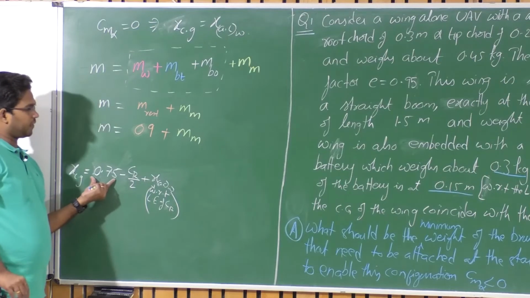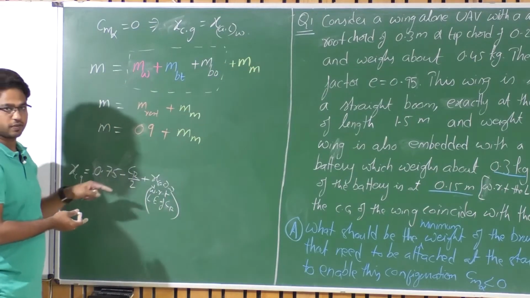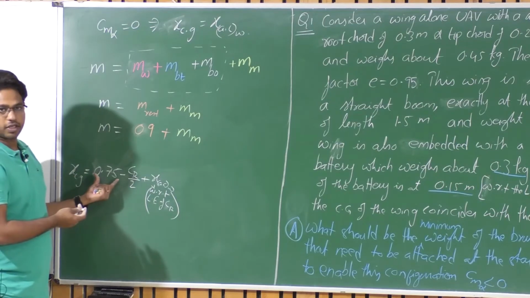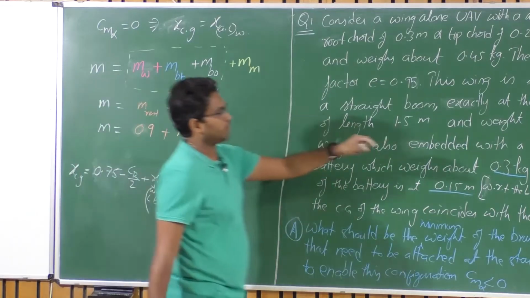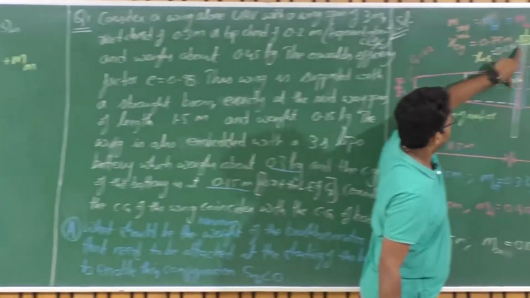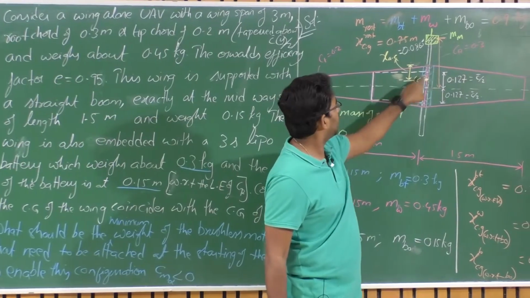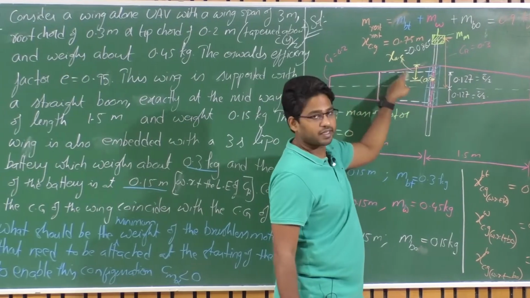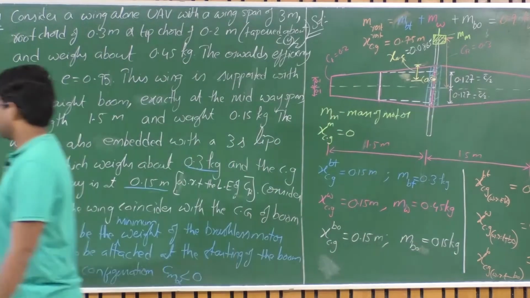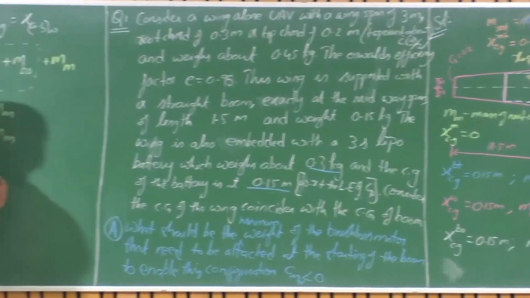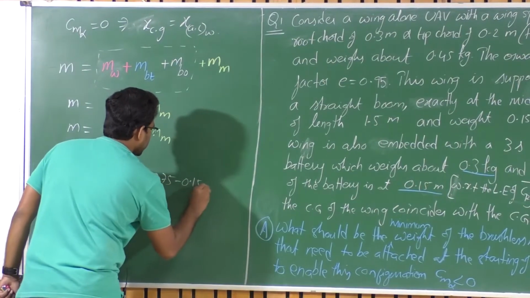So 0.75 is length by 2, where the current CG is. Minus CR by 2, the root chord, I am subtracting from this entire length so that I reach the leading edge of the root chord. From there, I am adding XAC, the aerodynamic center with respect to the leading edge of the root chord. So this equals 0.75 minus 0.15 plus